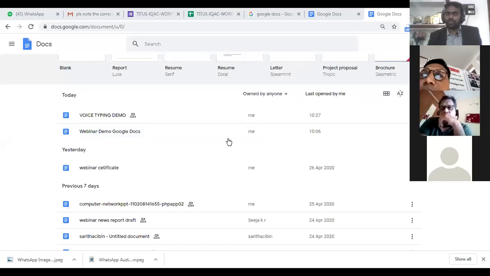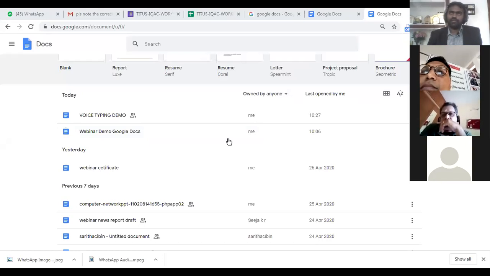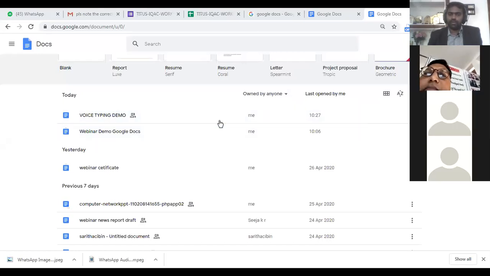We will have one session on how to synchronize. Should we convert it to PDF? No need. Once you convert into PDF, you cannot edit it. On the same document file, you can edit. I'll tell you in another session how to synchronize.